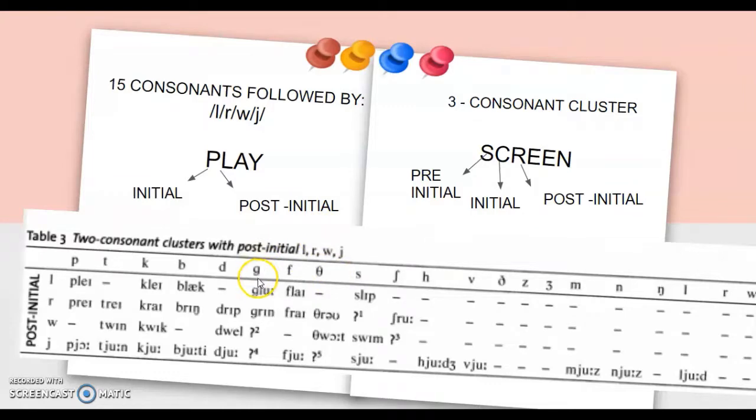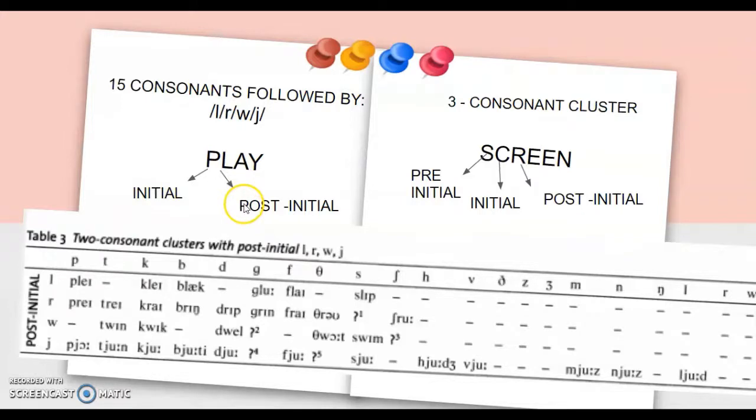The idea is that you start learning this not because it's something like life or death, but so that you start recognizing the patterns of consonants and obstruction. So remember, let's try to rewind a little bit. We have a pre-initial and an initial when the word begins with s, and the consonants that follow are t, w, and m. Yes, and if a word begins with 15 consonants followed by these ones, here you have examples, you have an initial and a